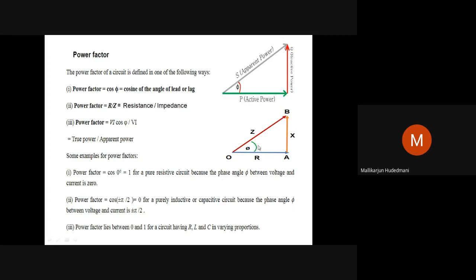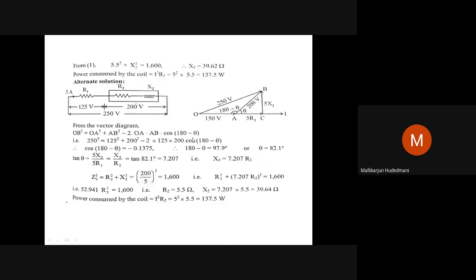In the problem, the power factor of the coil, 0.6, is given. If I take cos inverse, that becomes an angle, and I can get this. Or the power factor is R by Z. R by Z equal to 0.6. R I can get. If I know R, Z square minus R square equal to X square. I can do it. You can just see here. Similarity is worked out.